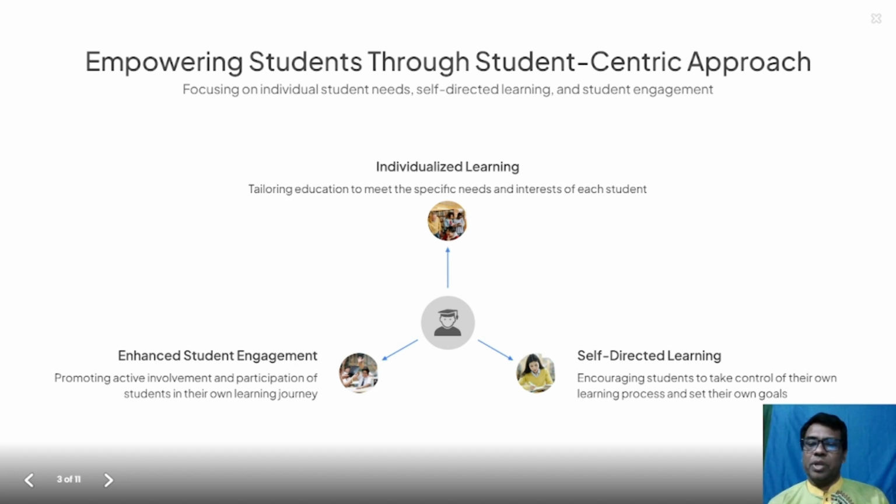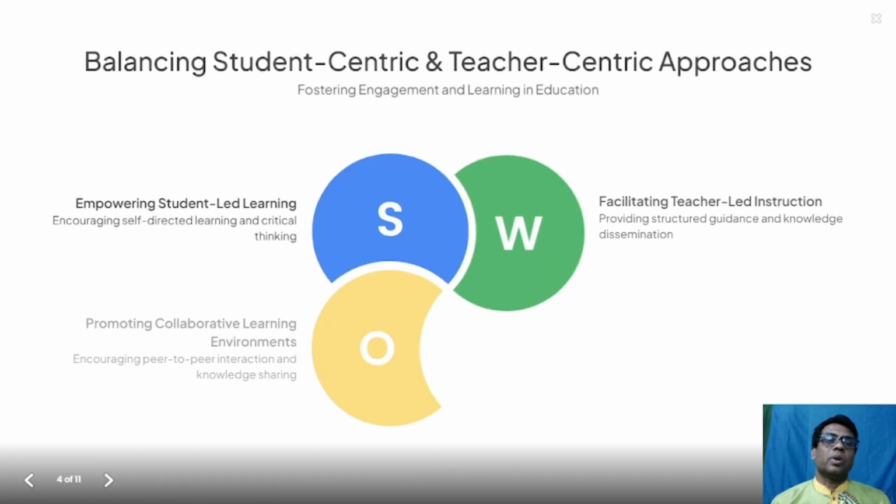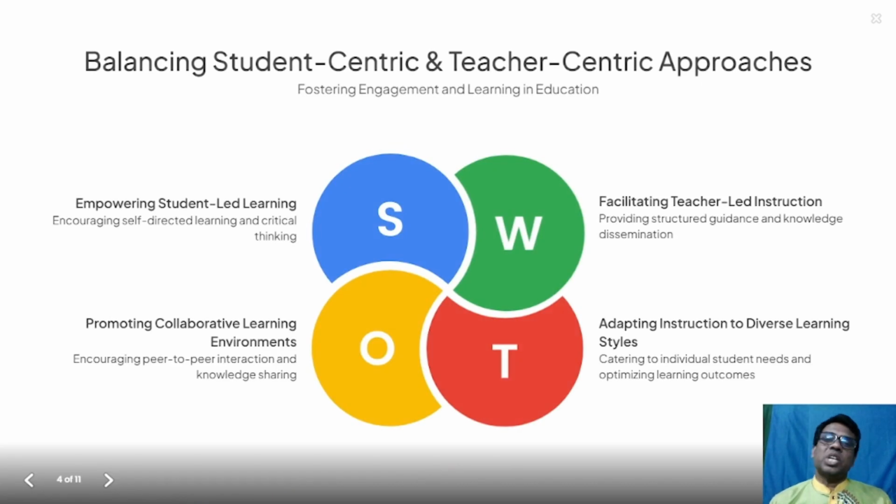Self-directed learning, encouraging students to take control of their own learning process and set their own goals. Balancing student-centric and teacher-centric approaches, fostering engagement, empowering student-led learning, encouraging self-directed learning and critical thinking, promoting collaborative